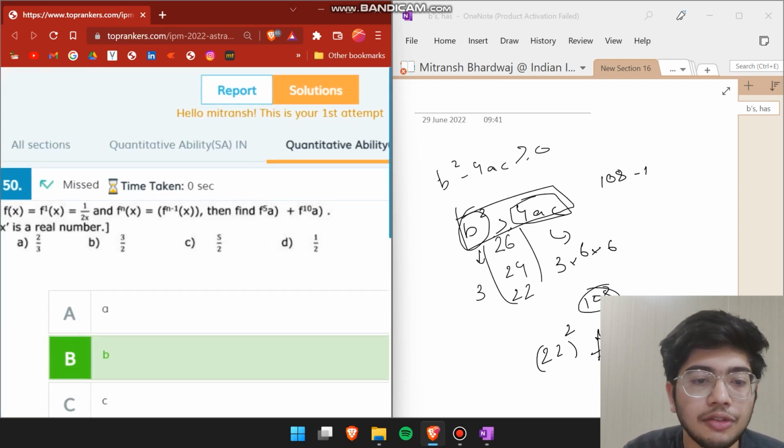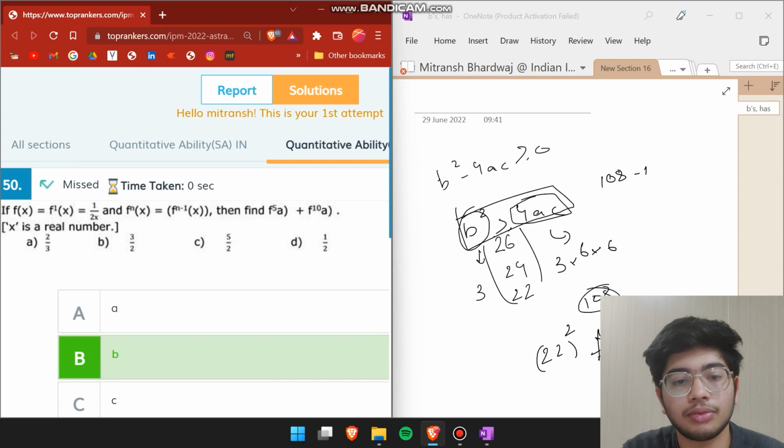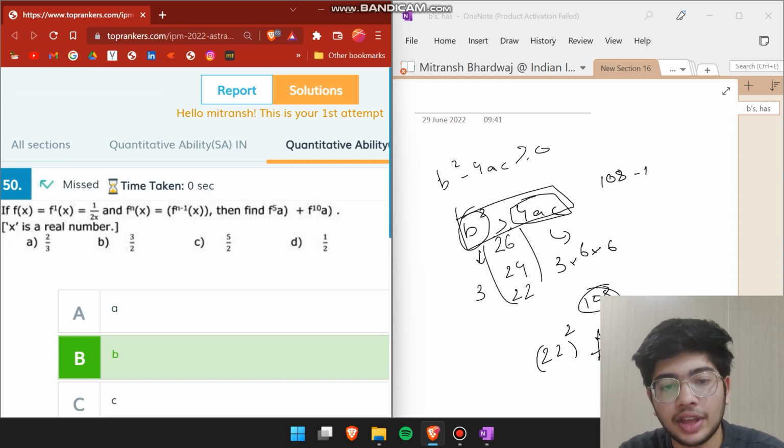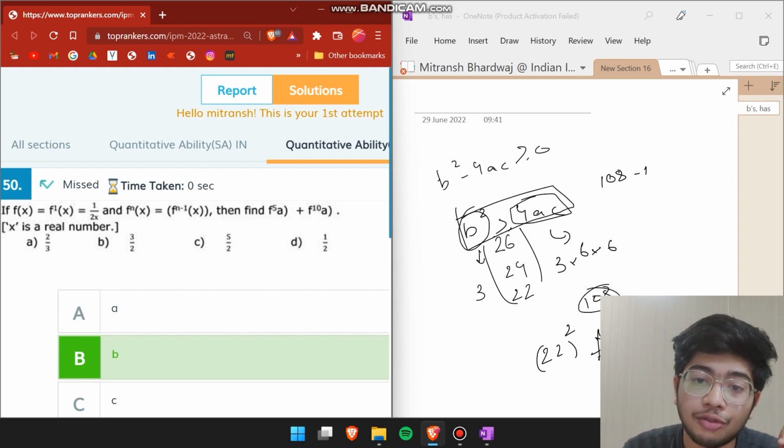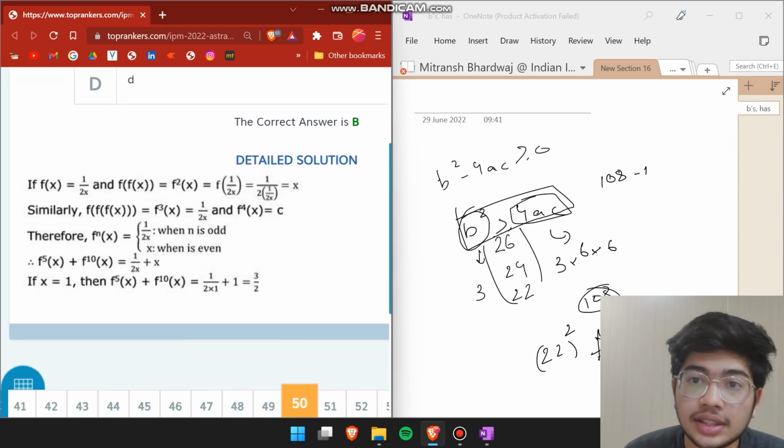अगला क्वेश्चन, इसमें पूछा गया है कि इफ़ f of x is f of 1x equals to 1 upon 2x, similarly f of nx equals to f of n minus 1x, then f of 5a plus f of 10a क्या होगा? ठीक है, तो ये है रिकर्सिव एक्सप्रेशंस। रिकर्सिव एक्सप्रेशन मतलब जो आपस में ही खुद ही से मल्टीप्लाई हो रहे हैं। तो इसमें अगर हम 2-3 बार कैलकुलेट करेंगे तो हम देखते हैं कि ये वैल्यूज़ रिपीट होना चालू हो रही हैं,